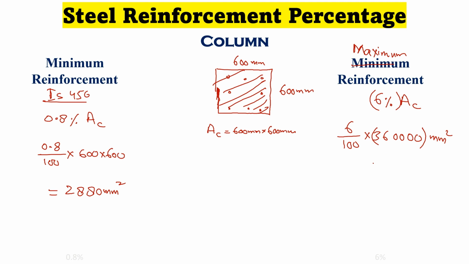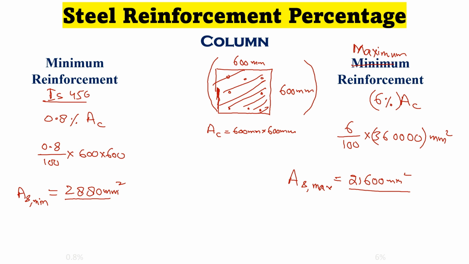It will be 21,600 millimeter square of the steel area at a maximum value. It means that in this cross section you cannot use steel more than 21,600 millimeter squares, and in the same way you cannot use steel reinforcement less than